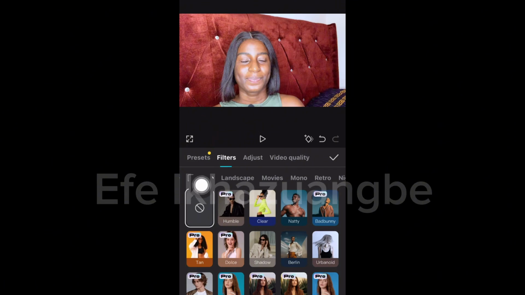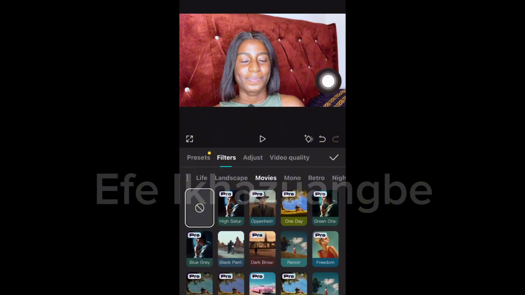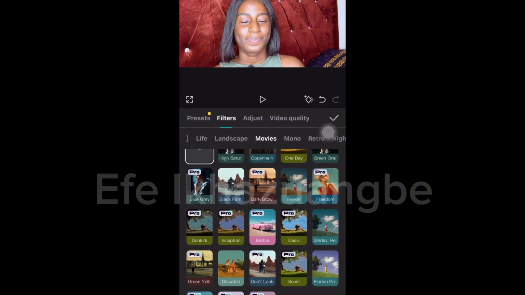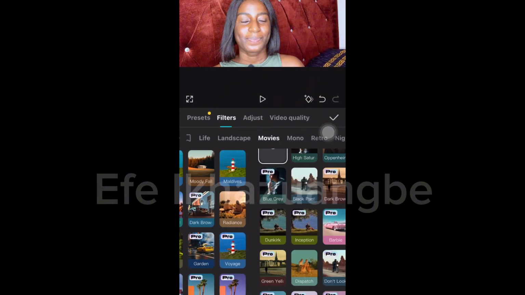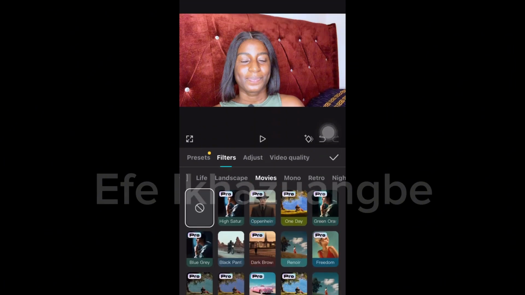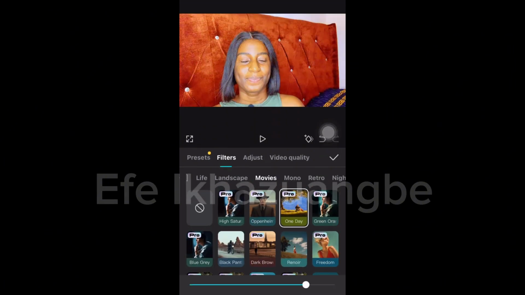You come here: live, landscape, and movie. I'll be using movie, one of the edits. In movie, I used to use either this one day or green, orange, but now they have put pro, so you have to be on CapCut Pro before you can use any of those. So you can just select any one of your choice among all this, but I'll be using this one. I'm on CapCut Pro, so let's use one day first. Reduce it,